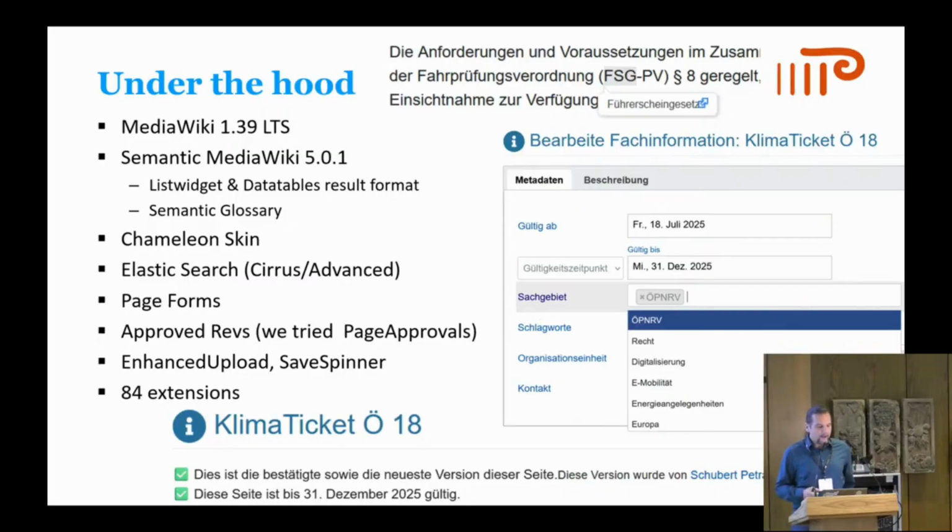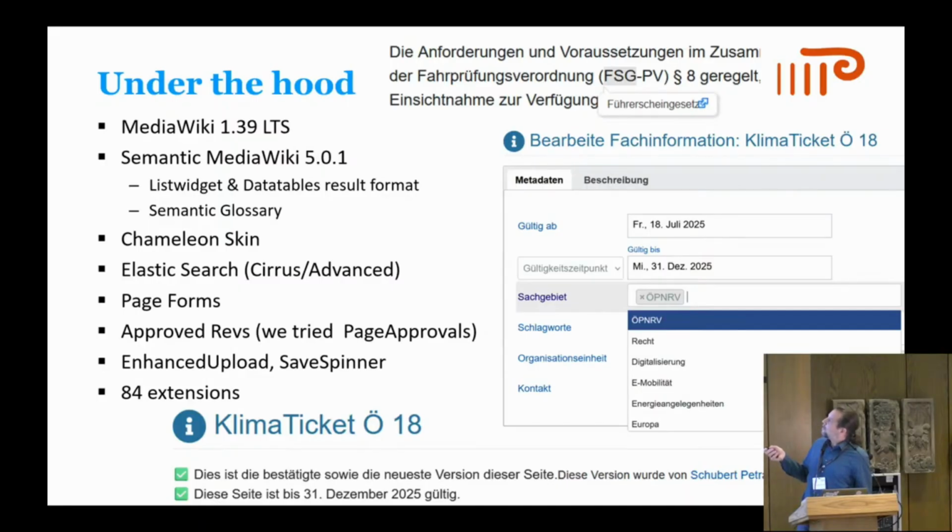Maybe two more highlights: Enhanced Upload by HelloWelt, Safe Spinner by Wikitech. So you can see we use the best things that we can get. Safe Spinner is just a really small extension that when you click on save, you have a spinner. But I think it's really a great thing because people wait. Is it doing something? Safe Spinner is just great. Enhanced Upload is just great. It makes the upload process so much easier than in the regular MediaWiki environment. So all in all, we have 84 extensions. Not every one we use, but we have this stack of 84 extensions that we might use and we might need. So we roll this out.